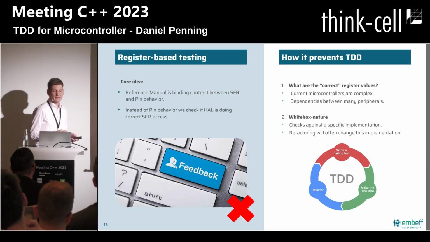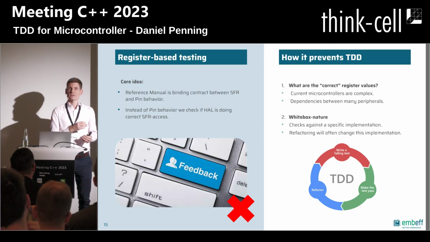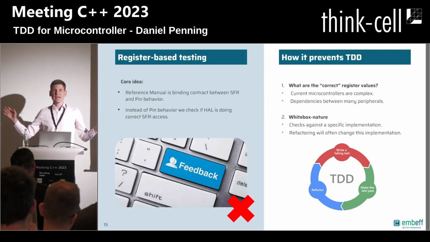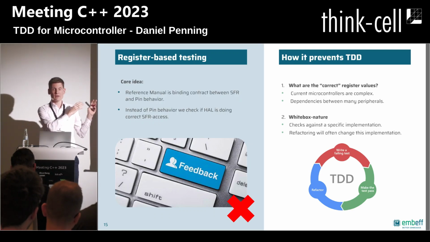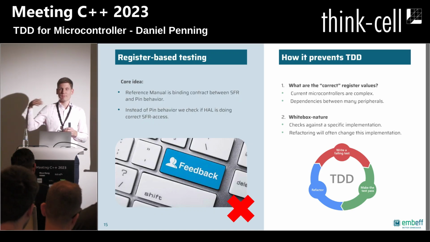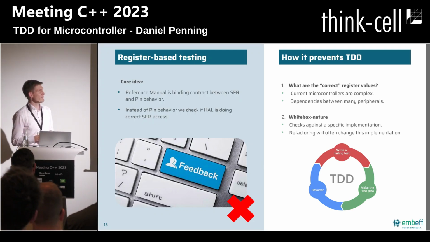But there is a fundamental second problem. So the first problem was it's just complex to find out the correct values. And the problem is not so much the UART itself, but the interconnections between different peripherals. If you need to think about UART, you will also configure the clock tree, OK? But you also need to configure the pins, so that, for example, this GPIO pin switches to UART functionality and really prints out the UART stuff. So there are multiple components interacting with each other. So this is difficult to find the correct register values.